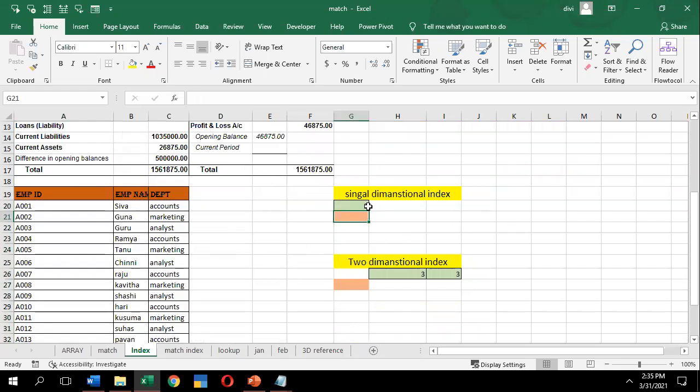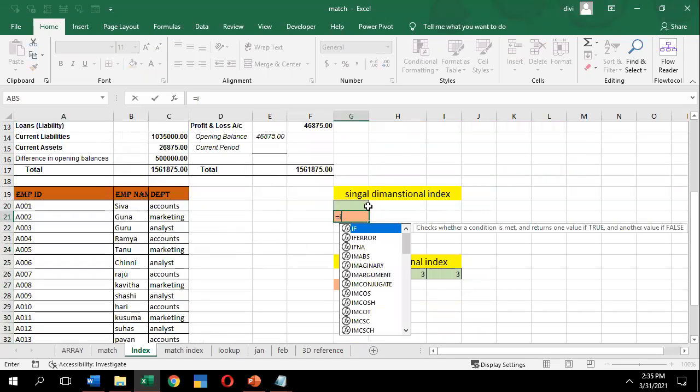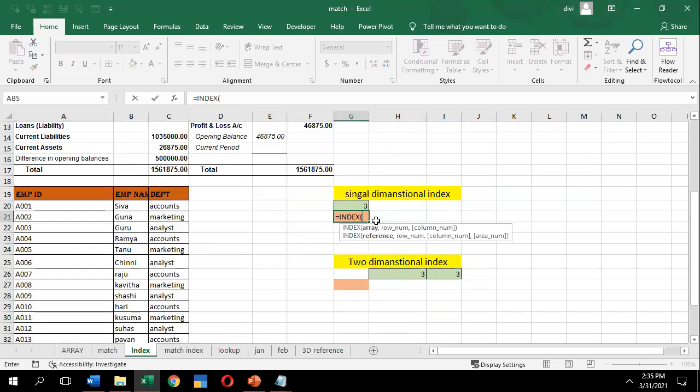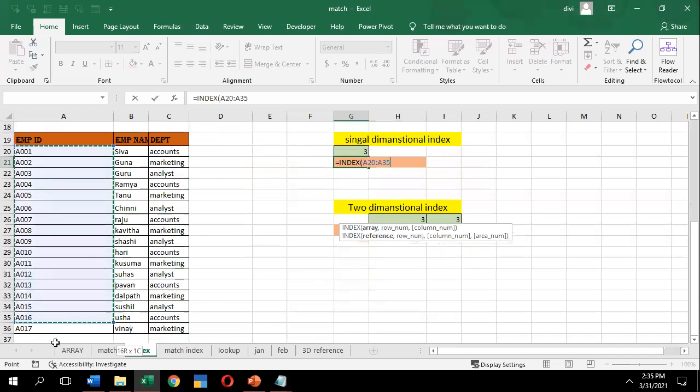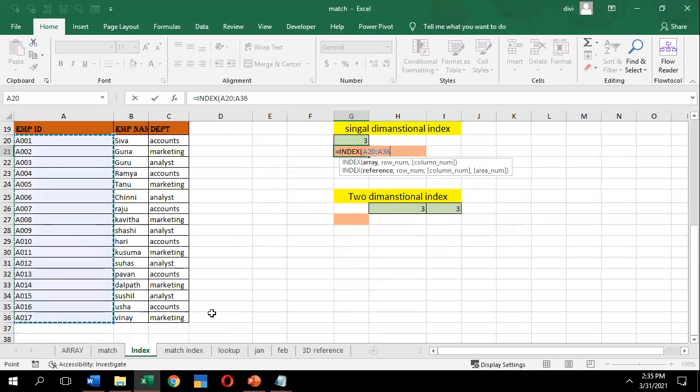Let me find over here: equals, I'll use the formula INDEX. It's asking for an array. What is the array? That is the employee ID. Let me select the employee ID. This is my array, comma. It's asking for the row number. Which row number do you want? I want the third, that is A003.